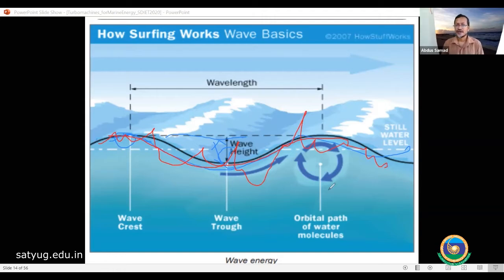So when we calculate wave energy, we do not take the extreme peaks or extreme valleys, because these will not give any power. So we use the term significant wave height. We calculate almost the average wave height and try to get how much power is there in the ocean wave. And the wave you see near the coastline, when you go to Goa or other cities, is actually a breaking wave that has lots of energy. But normally we do not use that one. We go a little bit deeper and try to get the energy.